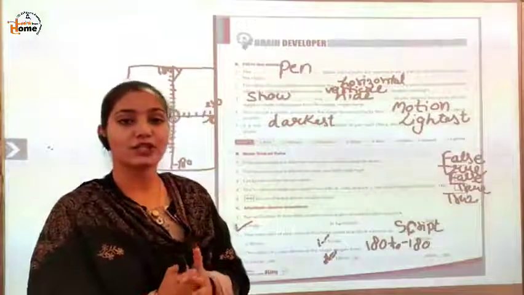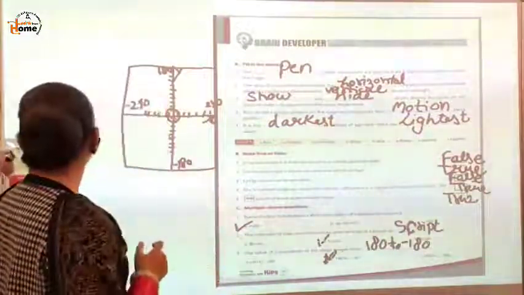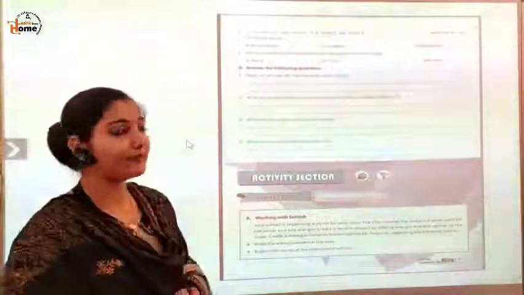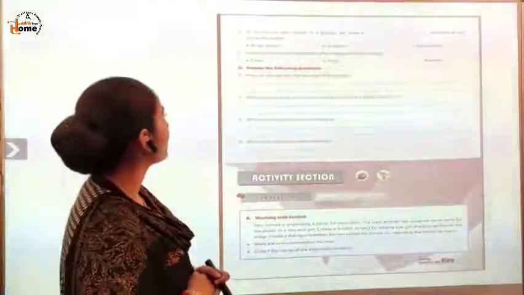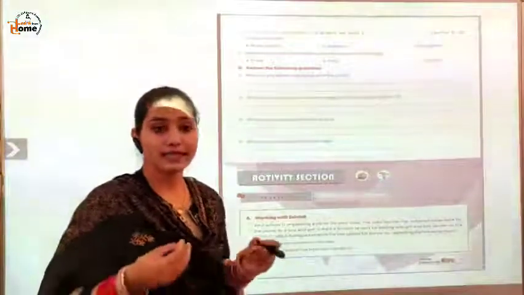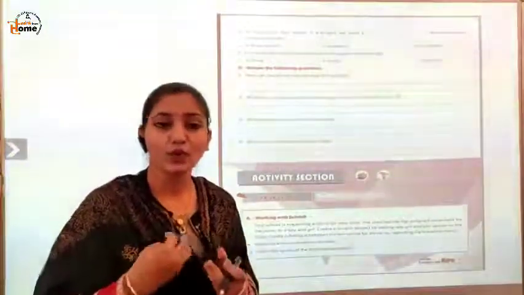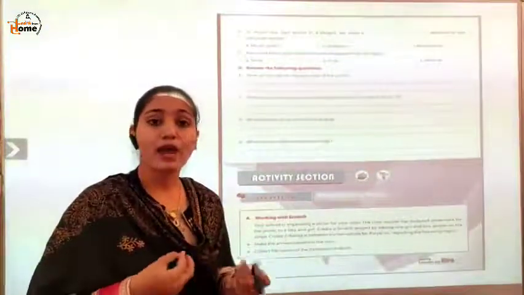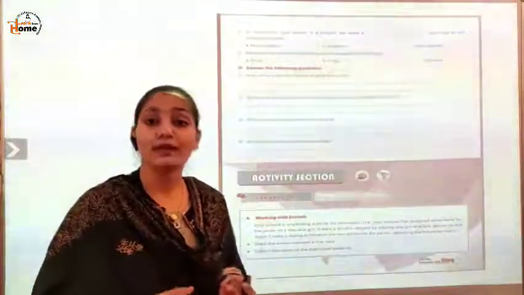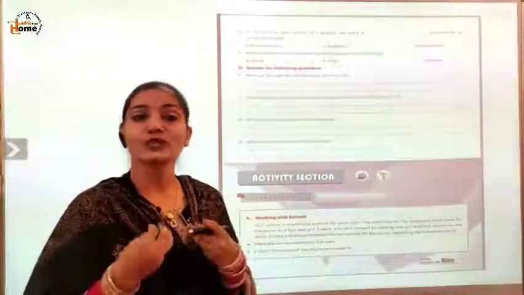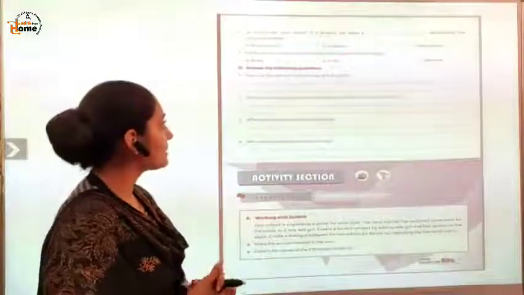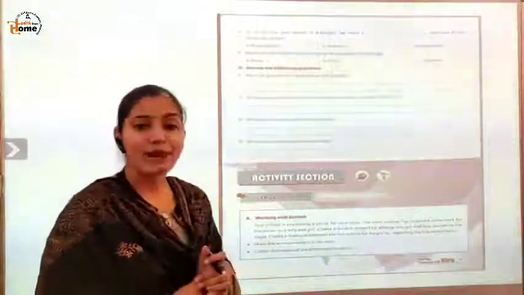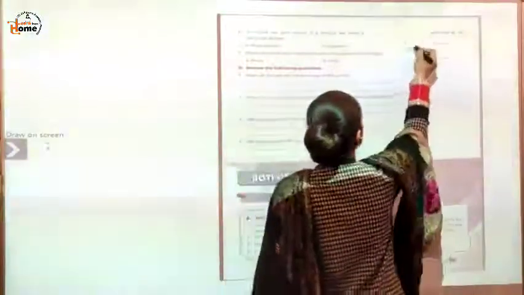Okay, turn to page number 65. Fourth MCQ: to record our own sound in a project, we need a dash attached to our computer system. You can select a sound from the library or you can add your own sound also, right? But to add your own sound, what will you need? You will need a microphone, right? Only then your sound will be given to the computer. So which option is correct? Option C, microphone, okay?